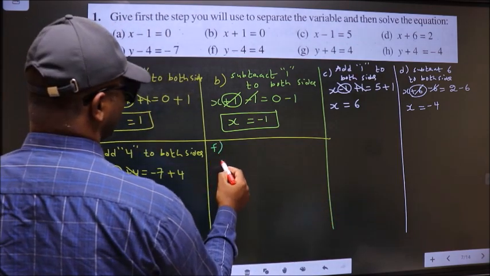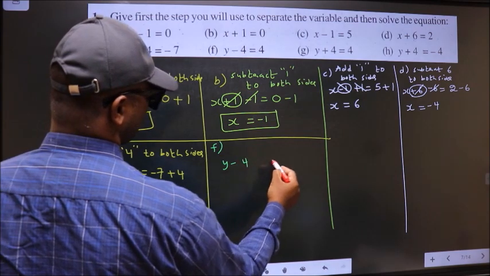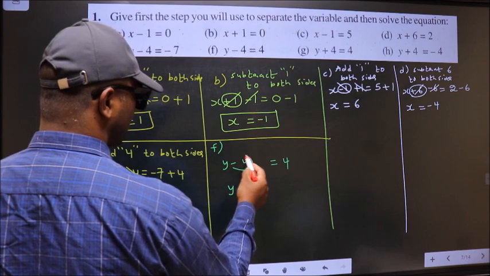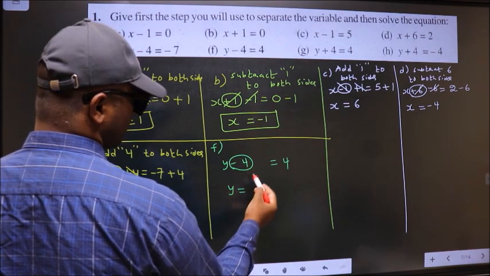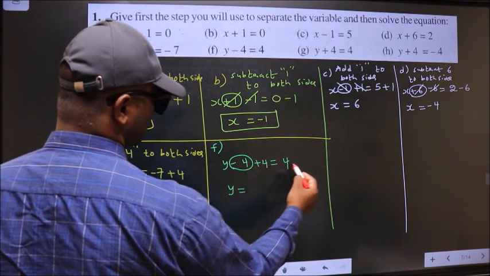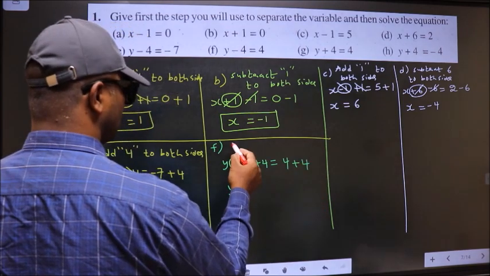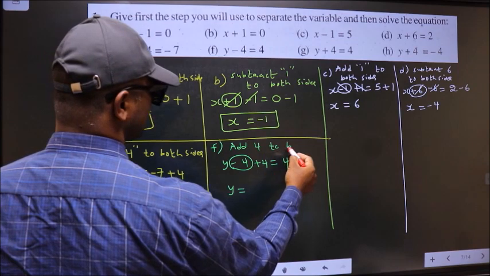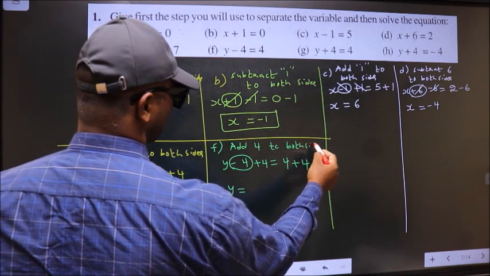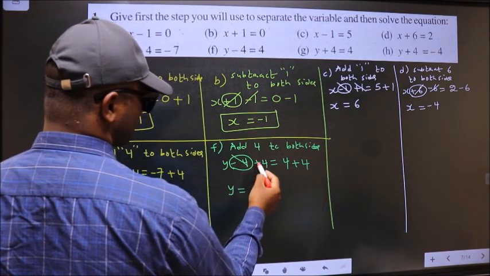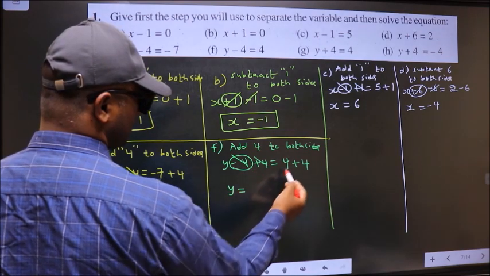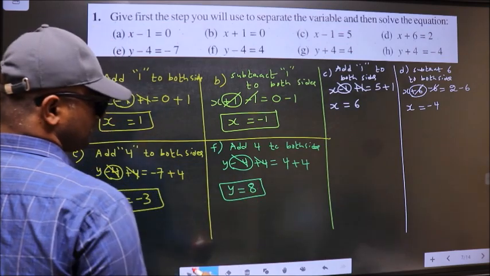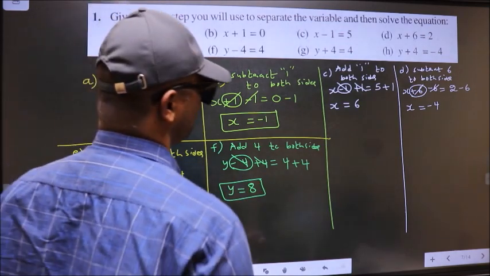F. y minus 4 equal to 4. Now to get y, we should remove minus 4. To remove minus 4, you add 4 on both sides. So the step is add 4 to both sides. So minus 4 plus 4 cancel out, y equal to 4 plus 4, 8. This is our answer. Next,